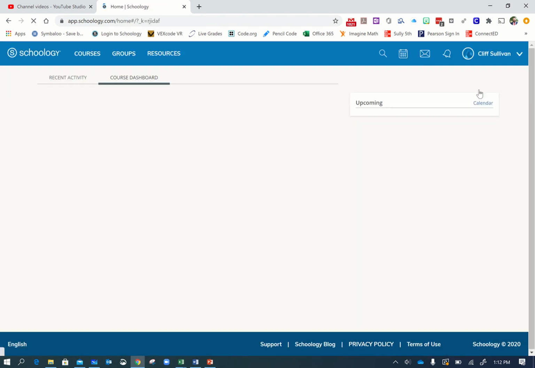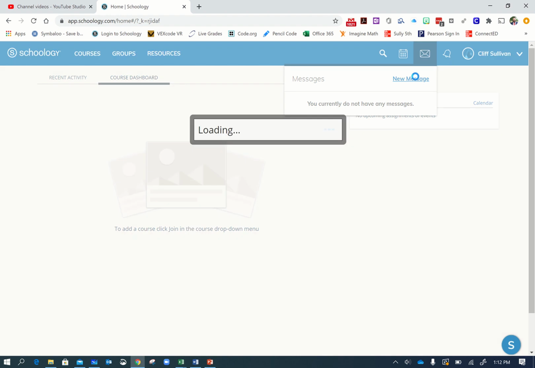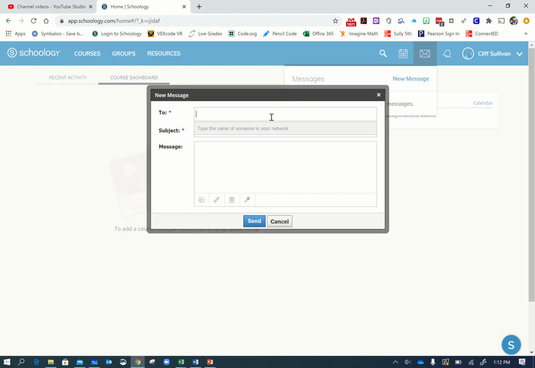When you go back to your name and your main page as a parent, you also have this handy tool up top here. This envelope is a messenger. You can click on that and message teachers from here. This is our primary form of communication right now. You're going to be able to click new message and find the person in the network. So if you wanted to message me, you would start typing my name in, and then you would be able to click that and send me a message. Maybe it's about grades, maybe it's about specific things that kids need to do, but whatever you want to put in there,